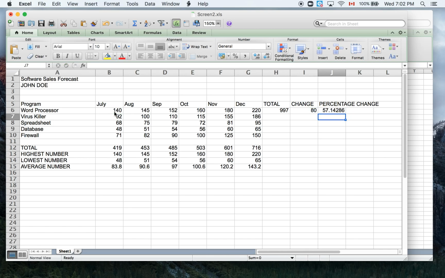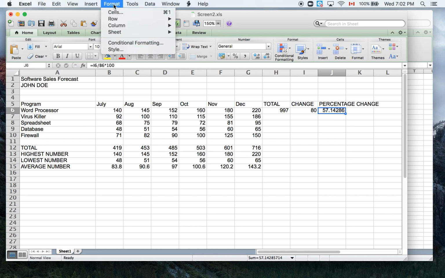So you can see that there's quite a few decimal places, and to format that for 2 decimal places, you just click on that number, go to format on the top menu bar. There's also something in here. You can see that there's these buttons here that can also format for 2 decimal places. So we're going to format that cell,